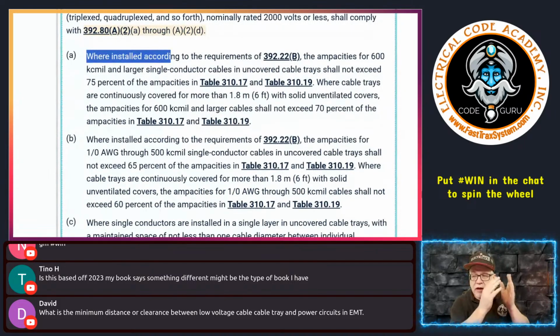So this assumes we're installing them in accordance with the rules, whether it's a single layer or based on fill, which you could stack, but it's based on fill. However you do it, we installed it in accordance with this requirement. Okay, so that's what that's all about. So go back and watch part 1. Now, it says if we followed the rules for putting these conductors in the cable tray, then